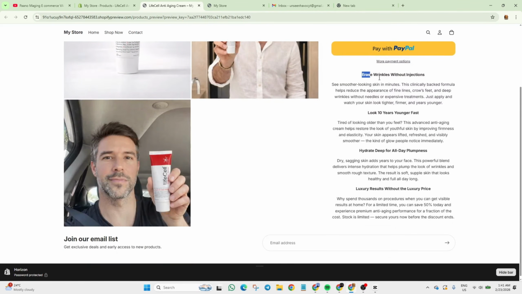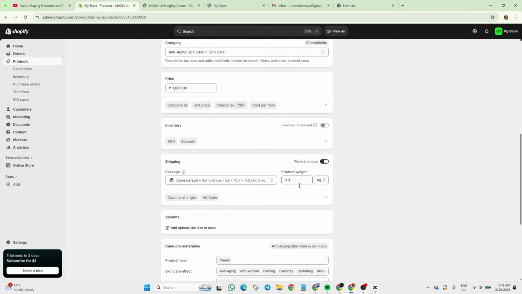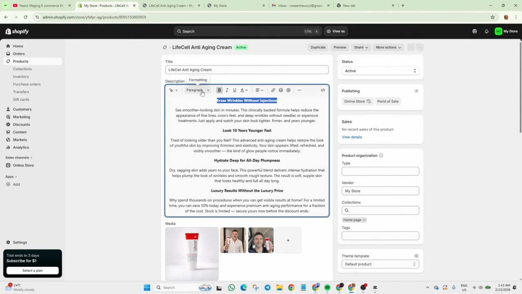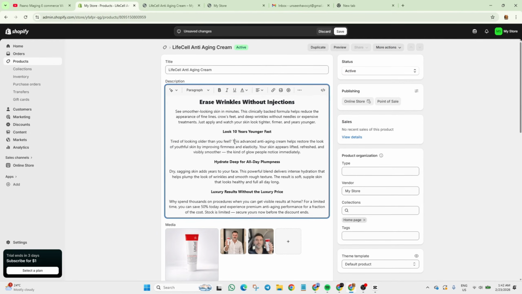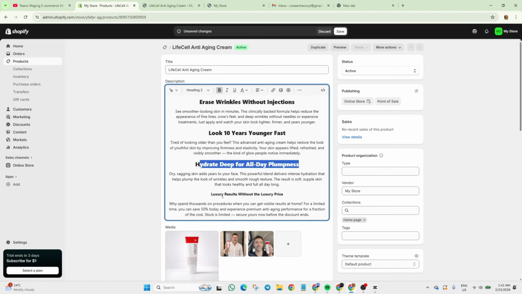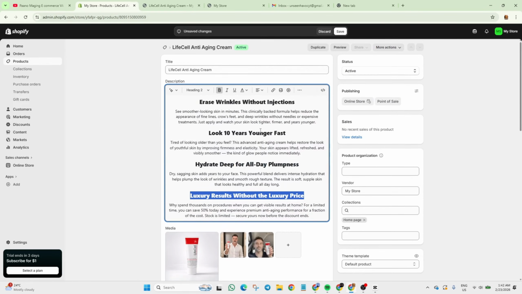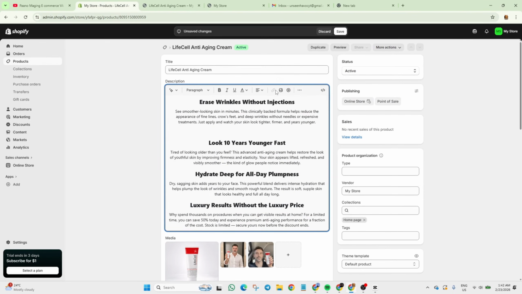So you can see this is actually pretty plain. So you can change this to a heading. And also you can add an image here in between.